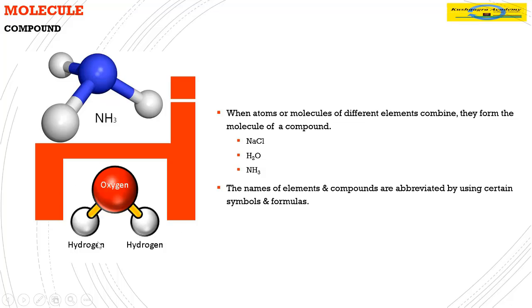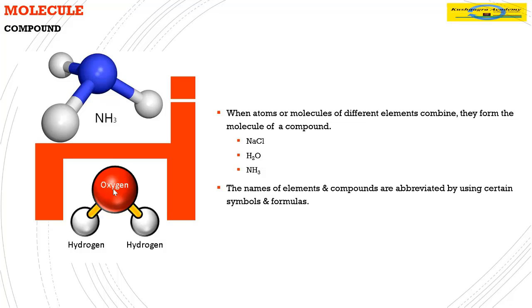So how many atoms of hydrogen are here? Two. And how many atoms of oxygen are here? One. That means when two atoms of hydrogen combine with one atom of oxygen, a compound will form, and the formula of the compound will be H2O. That means water. The conclusion is, compounds will form when there is a combination of a fixed amount of atoms or molecules, and compounds will always have their formulas.